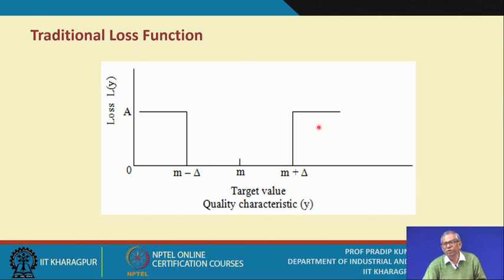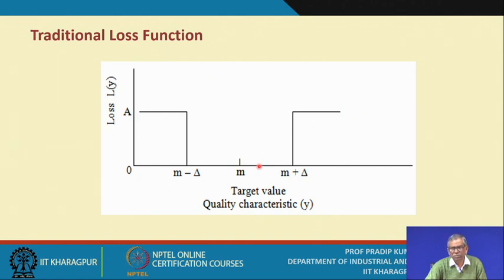Now is it acceptable to you as per Taguchi philosophy? Taguchi says it is not acceptable. Our goal is that you need to produce, in as many units as possible, values around M. Okay. It is best if you can produce at M, but suppose because of some reason you cannot reach the target all the time, at least the deviation of the value from M should be as minimum as possible. Okay. So then you have the quadratic loss function,